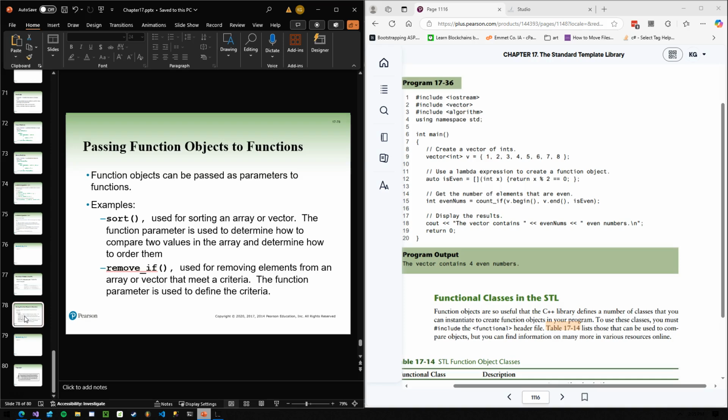So function objects can be passed as parameters to functions. So for example, sort, you can sort an array or a vector. The function parameter is used to determine how to compare the two values. And removeIf can remove elements from an array or vector that meet a criteria. The function parameter is used to define that criteria. I'd also say that if function